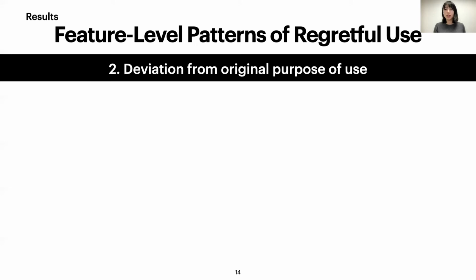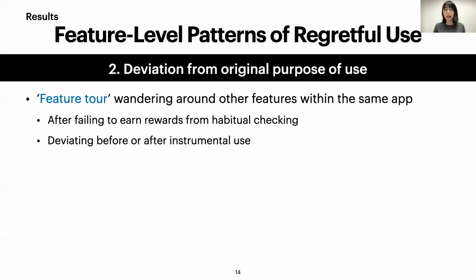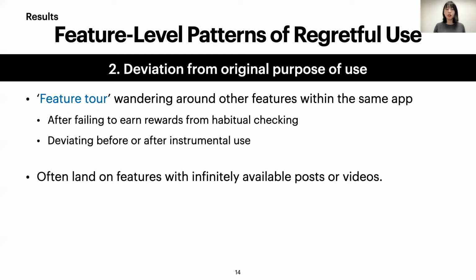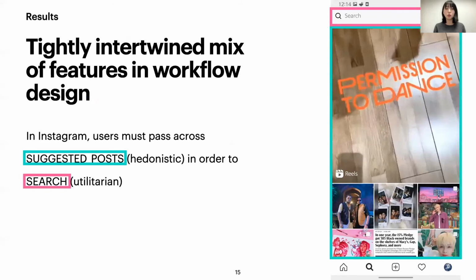The second regretful pattern is deviation from original purpose of use. We observed a pattern of feature tour in which participants wandered around different features within the same app. And this happened either by hopping onto other features after failing to earn rewards from habitual checking, or deviating although they opened the app for instrumental purpose with a clear intention of use. Participants who were unconsciously distracted often landed on features with infinitely available posts or videos, and they reported their experiences being hard to resist these deviations due to the app's workflow design, in which utilitarian and hedonistic usage are all mixed in between. For example, in Instagram, users must pass across the suggested posts in order to use the search